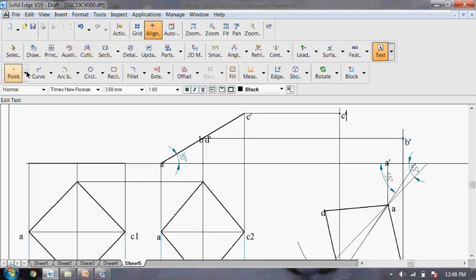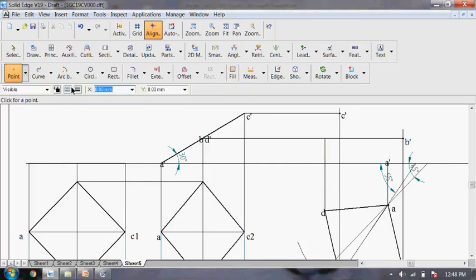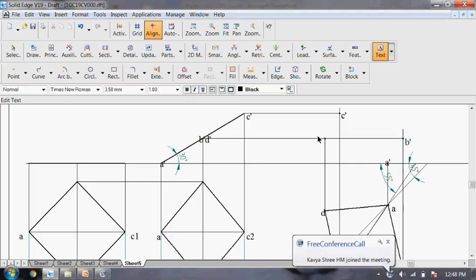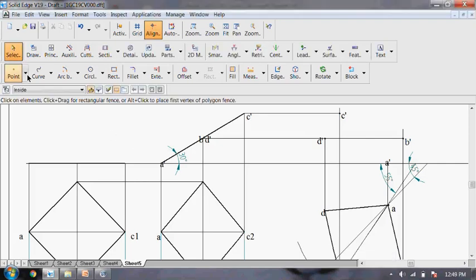Then the last one left out is D. So locus line from D. It intersects over here. Locus line of D dash. Point. Just label it over here. And then take the D dash. So now all the 4 points are available: A dash, B dash, C dash, and D dash. Line.